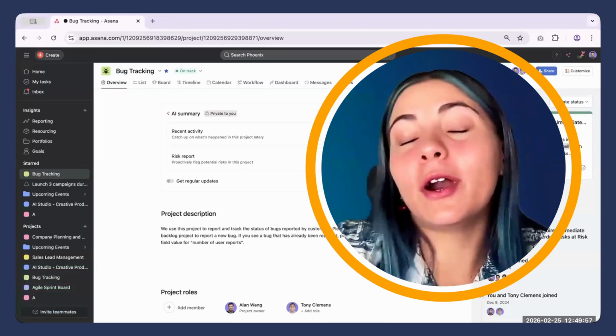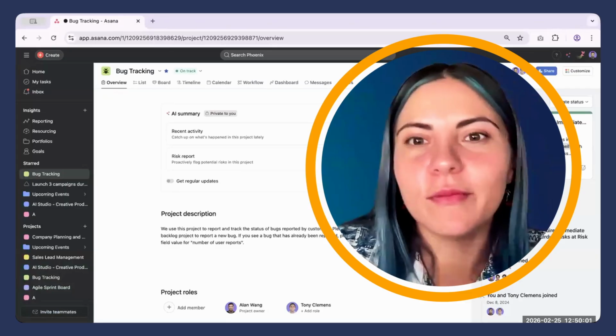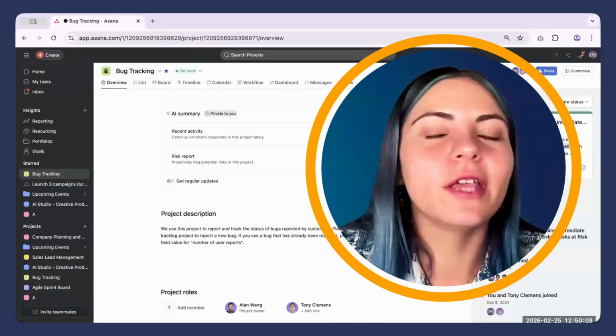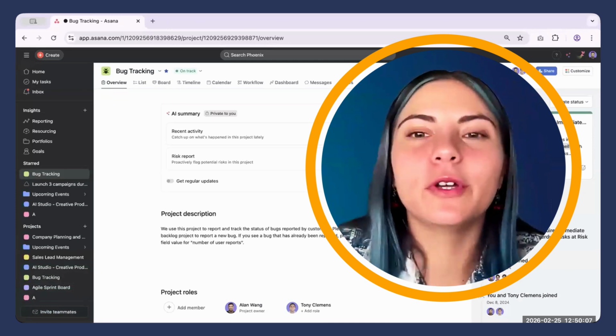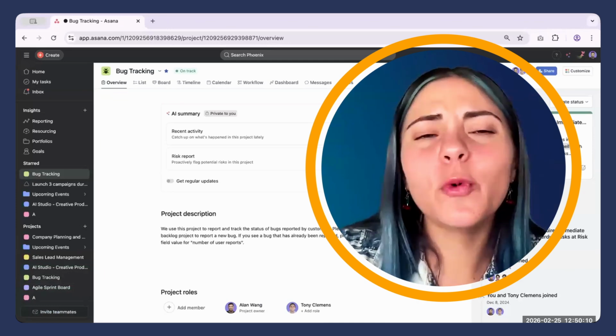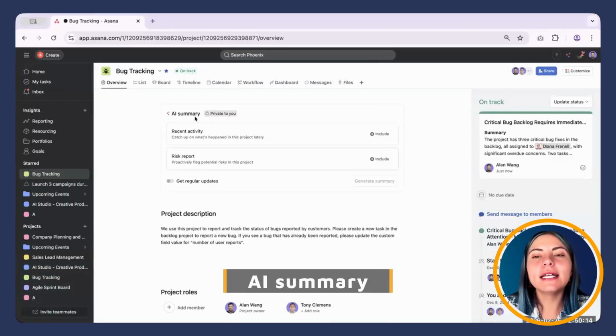We ensure that our projects are completed and up to date, and then in a matter of 5 minutes, you can set up your status update without having to manually locate the name of the tasks or manually write what you want. The second one that I wanted to show you is the AI summary,